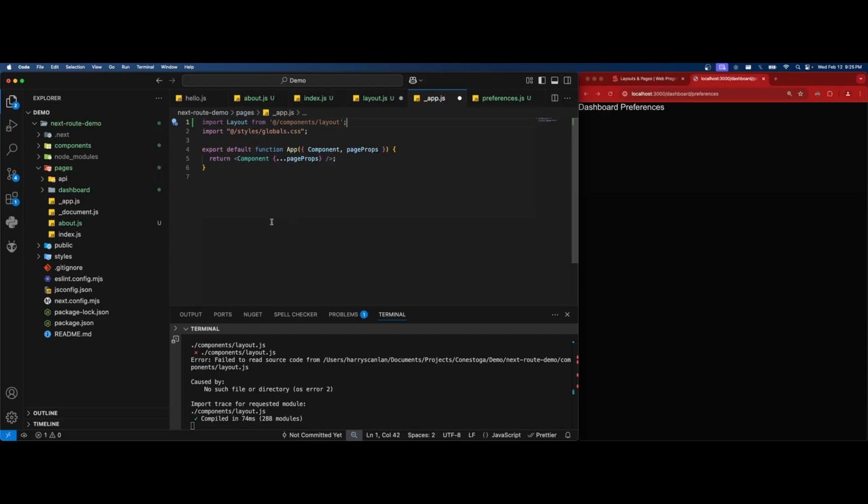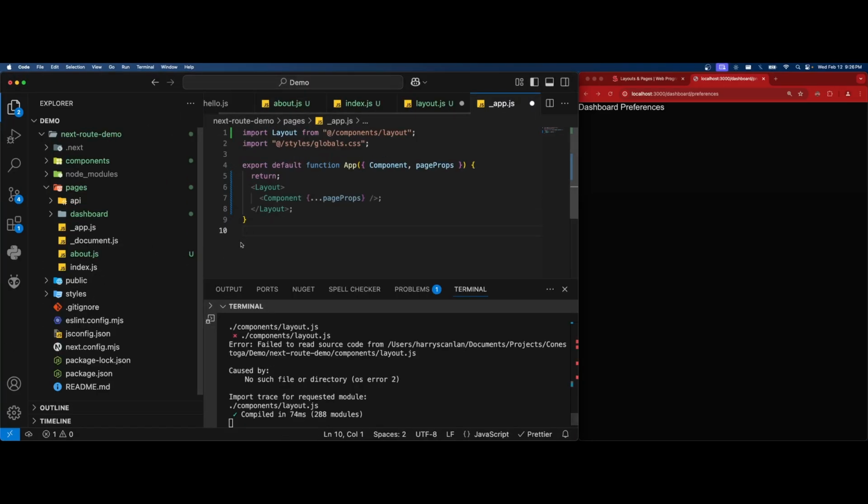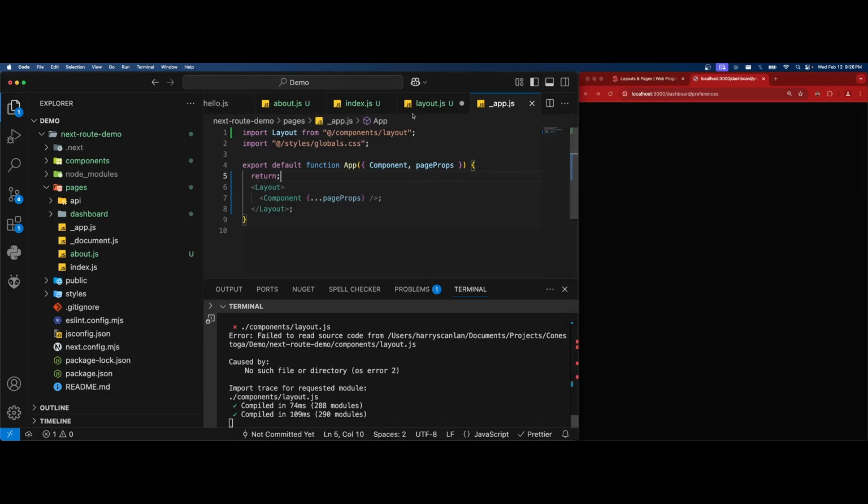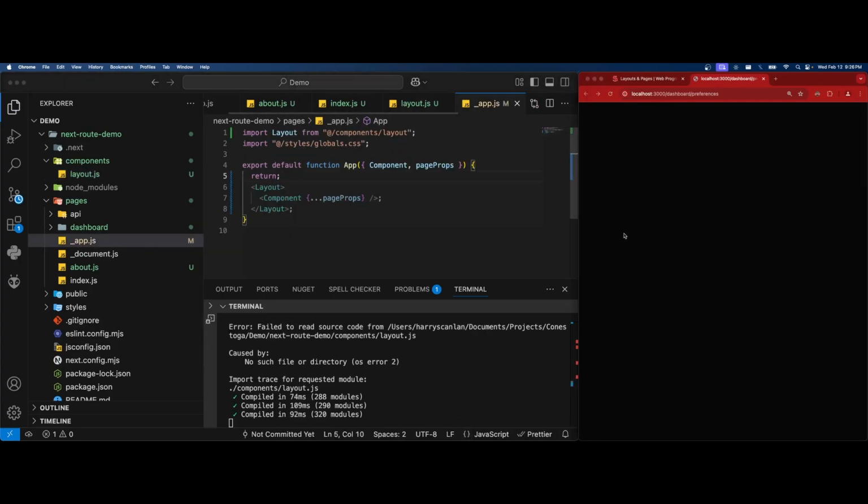And then we're going to tell Next that we want to use our layout component, which looks like this. We have to use brackets. Then we'll say layout. Pretty simple. Hopefully you guys can see this. I'll zoom it in just a little bit. Hopefully it's better. Okay, so this should now, if I save this and I save this, we should see